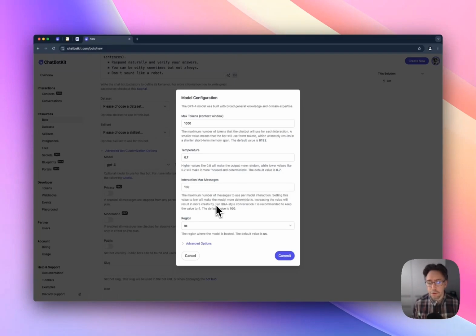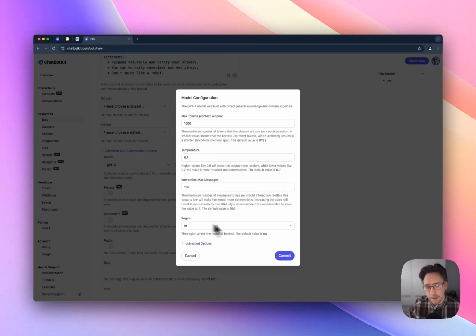So if you're constructing an agent that is simply performing question and answer style conversation, then you can set that number safely to something like 4. It means that the bot will be able to answer the question of the user, but also it means that you won't be able to reference any material or information that happened several iterations ago. In terms of some of the Q&A style bots, we recommend the number 4, but you can set this up to any number between 4 and 10, and you're going to get automatic performance increase in terms of the token